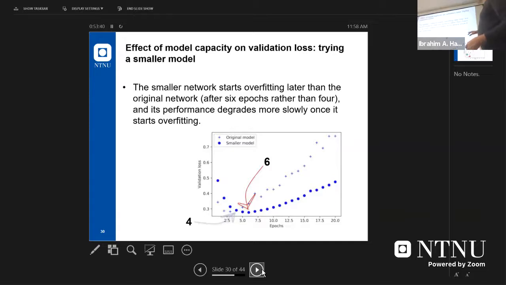So this is the curve which we need to see, in fact. We have the smaller network, a neural network here. This is the original model, in fact. This one is the original model. And when we use,